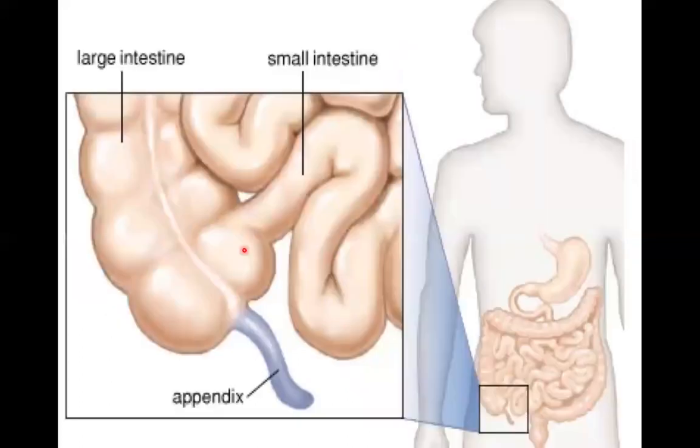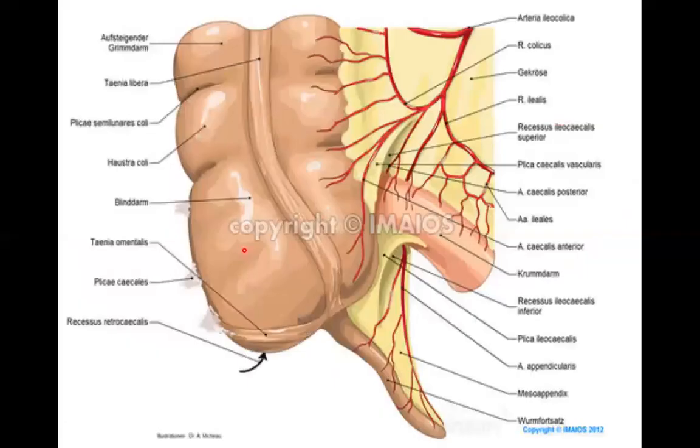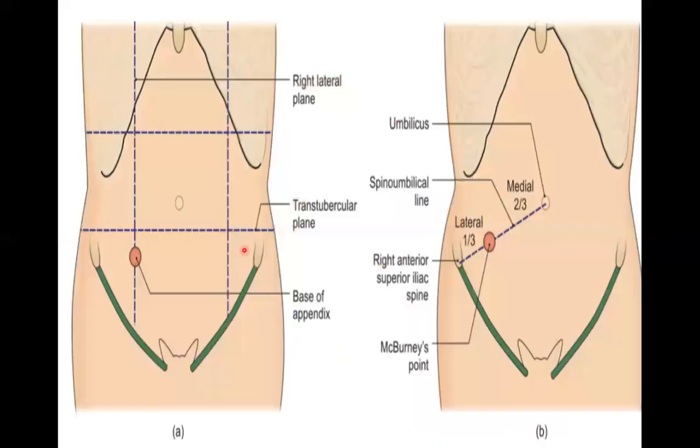This is the appendix and its position, we also explained. This is important to be known clinically. The base of the appendix on the surface anatomy, how can we determine it? We know very well that we have the transtubercular plane, which is the lower horizontal plane drawn on the abdomen